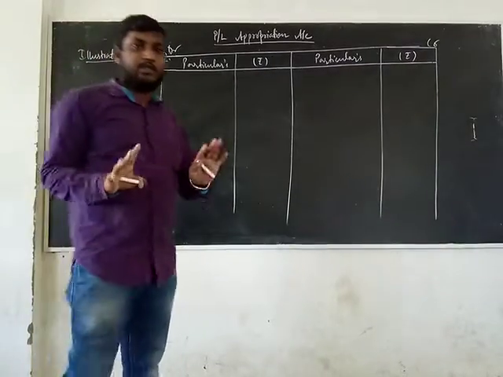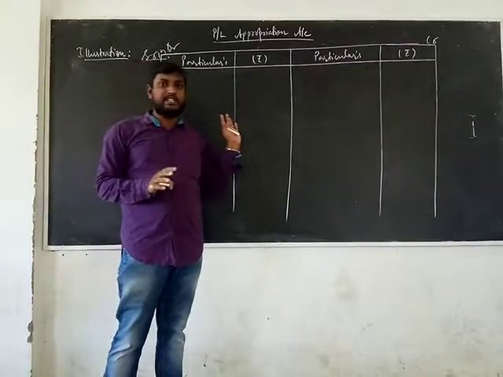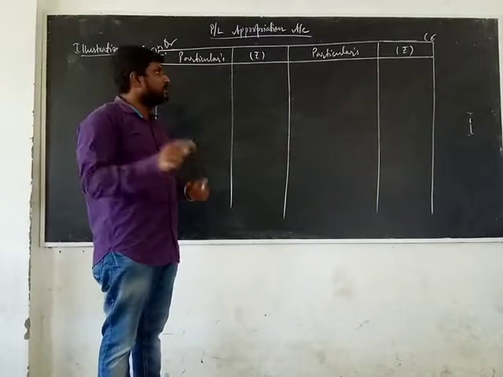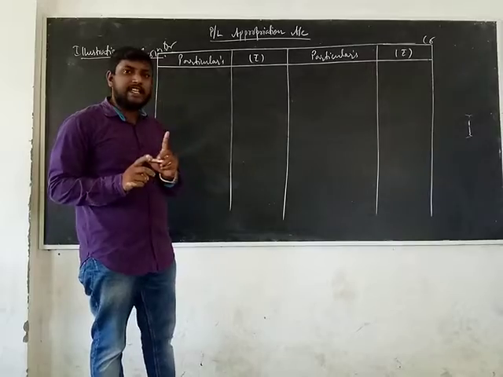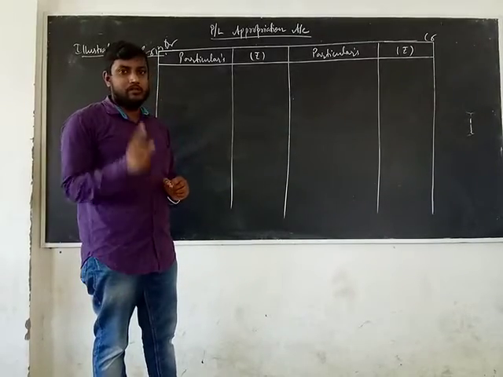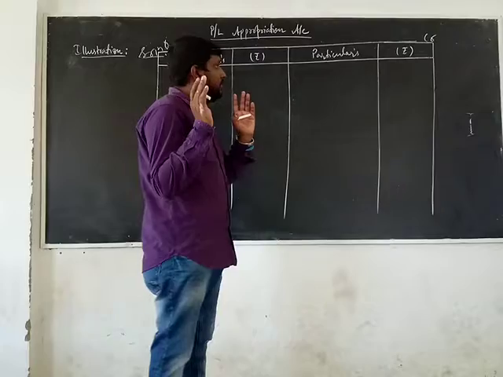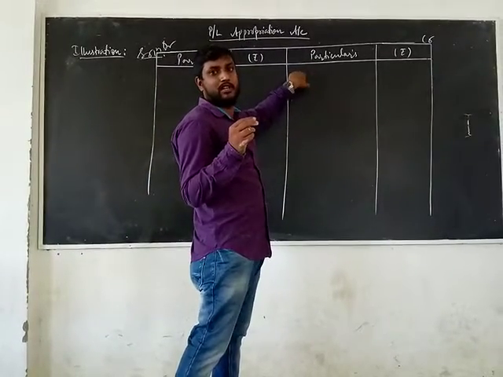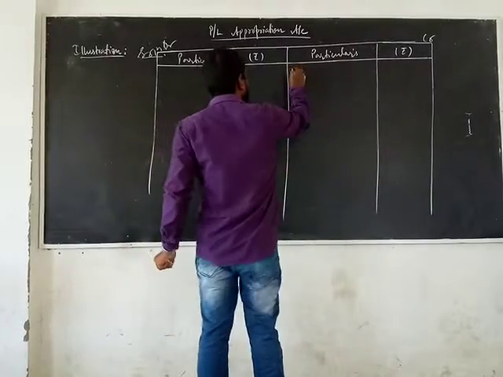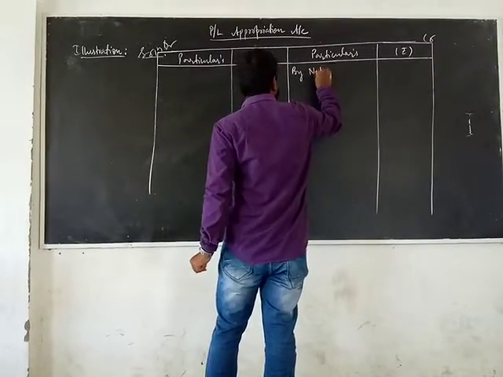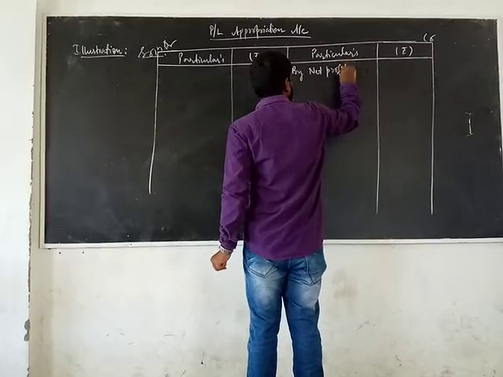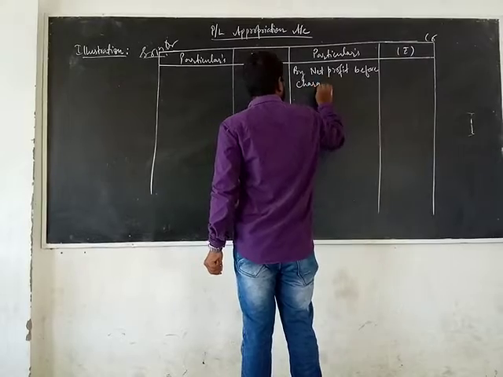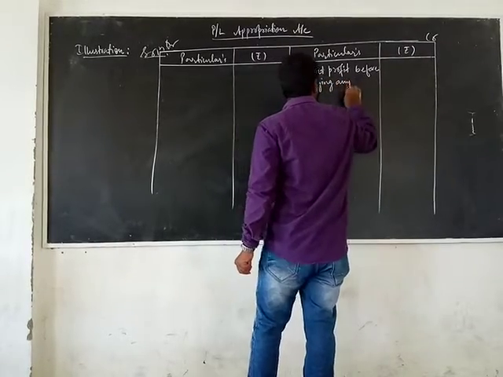So I know the question. You might have written the question. You just go through the question step by step, and I am discussing here. Now see at the last part. Before charging any interest, what was the net profit given? Rupees 1 lakh. So that 1 lakh rupees we will show on the credit side of the PL appropriation account. Is that clear? So what we should write? By net profit before charging any interest.